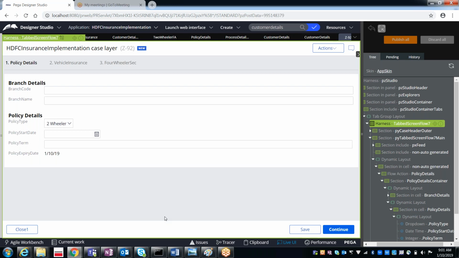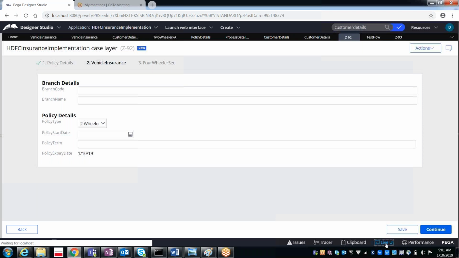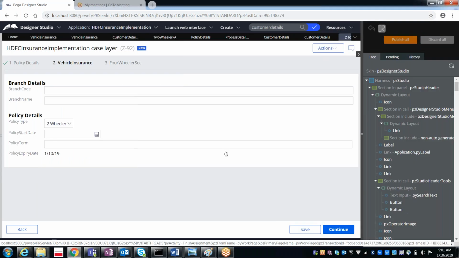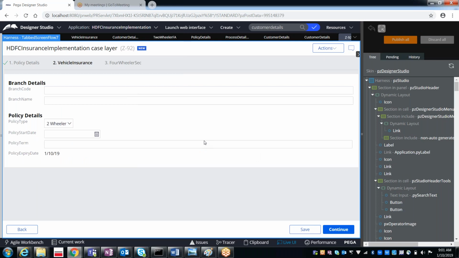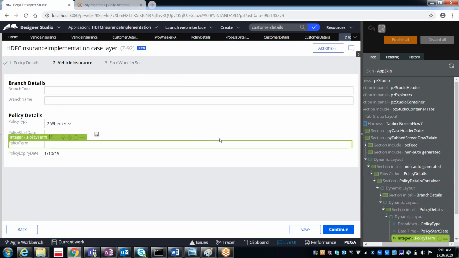So when you move further, is it going to change this? Continue. Here also, if you see the live UI, this will also contain the same work object harness.